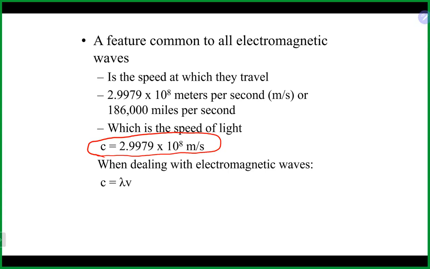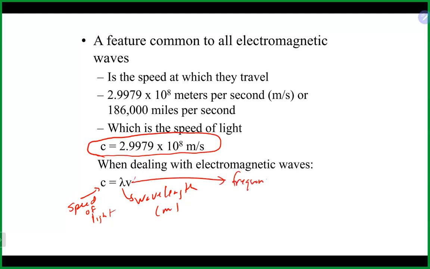When we deal with electromagnetic radiation, we get this formula, which is an important formula. c is equal to the wavelength times the frequency. This is the speed of light. That is our wavelength in meters. And that is our frequency in reciprocal seconds. So when you use this formula, you do typically need to make sure that